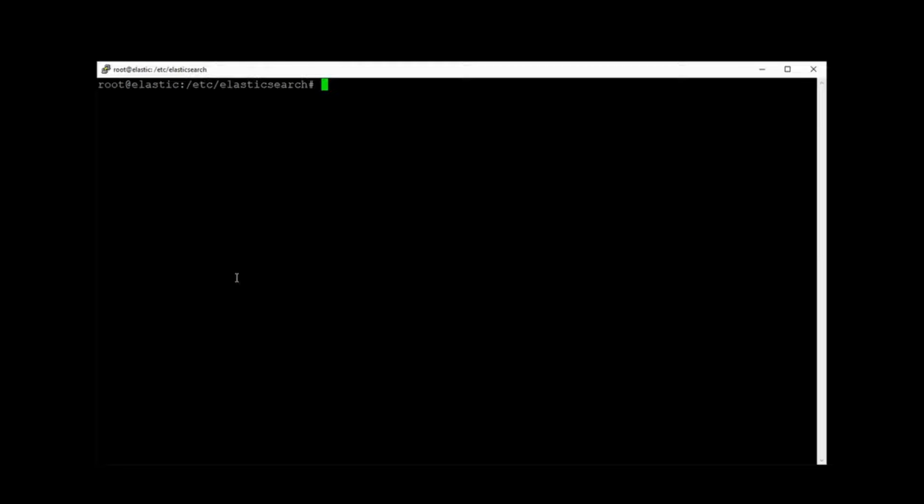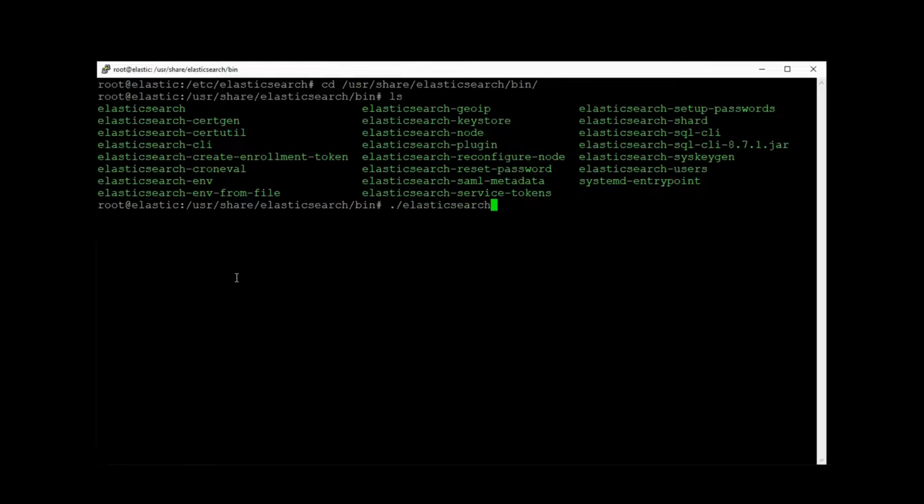To check that Elasticsearch is up and running, we can ping one of the API endpoints. But to ping the API endpoint, we need to know the superuser's username and password. And I didn't write down the password. So let's go reset the password for the Elasticsearch superuser. So I'm going to go to the /usr/share/elasticsearch/bin directory, and here's the command that we can run: